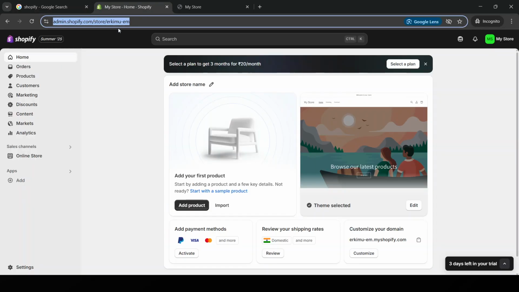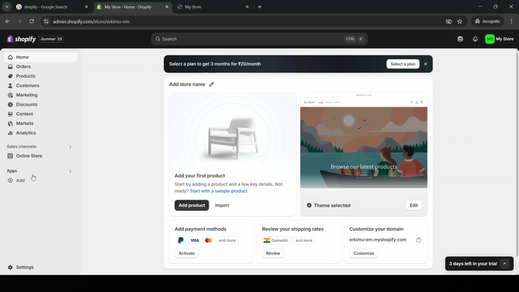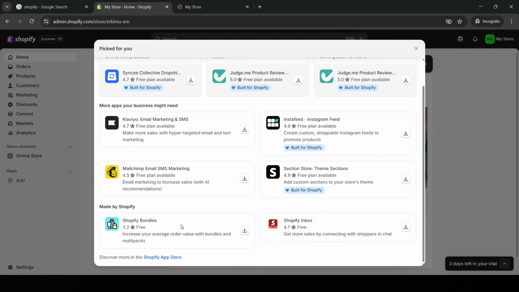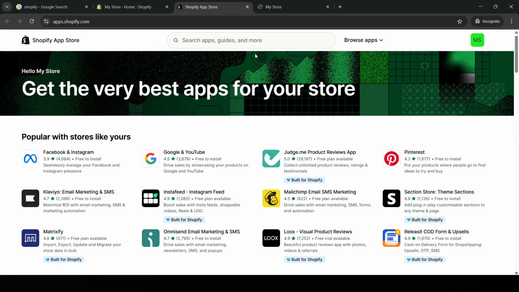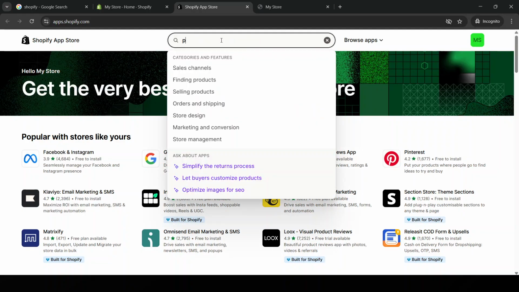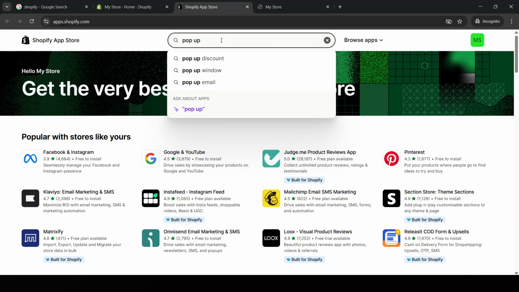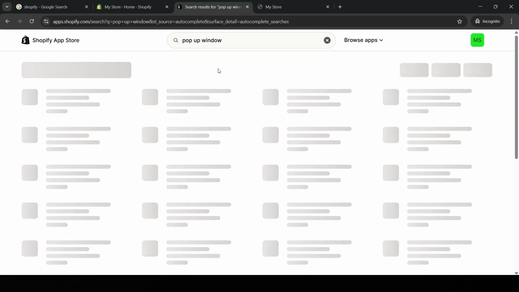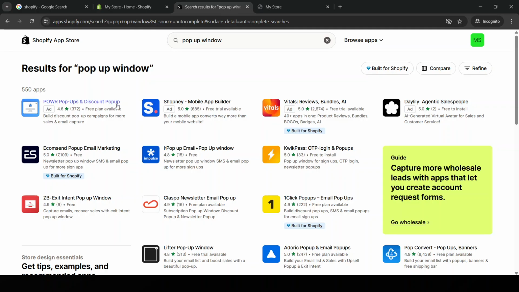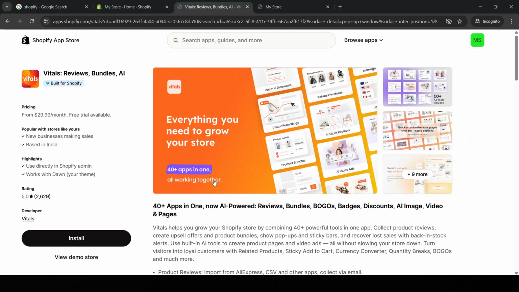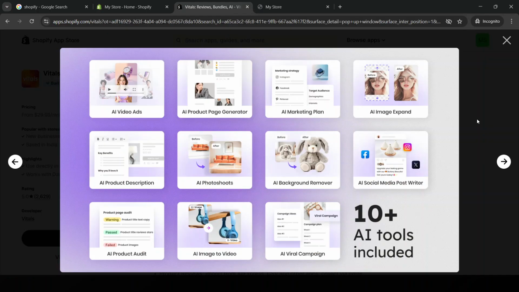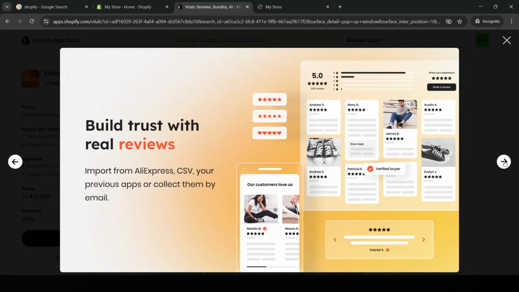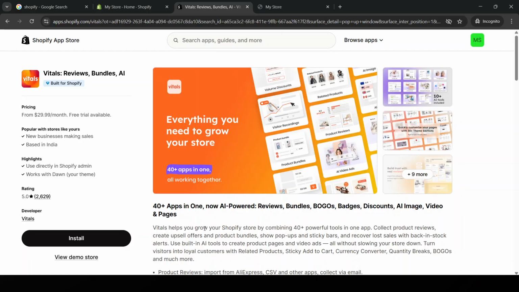From there, head over to the Apps section. If you haven't already installed an app for pop-up creation, you'll want to visit the Shopify App Store. Simply search for Pop Up among the various options that appear. There are many to choose from, some offering free trials or basic plans to get you started without commitment. Take a moment to read through the descriptions and reviews to ensure you select one that aligns well with your store's goals. Once you've picked your desired app, click Add App and follow the on-screen prompts to install it into